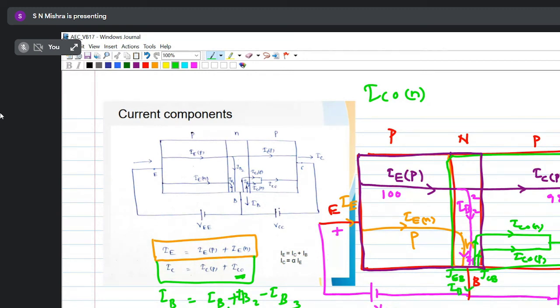So IE, IC, IB, these are the three components we have discussed. And if I take the entire thing as KCL,